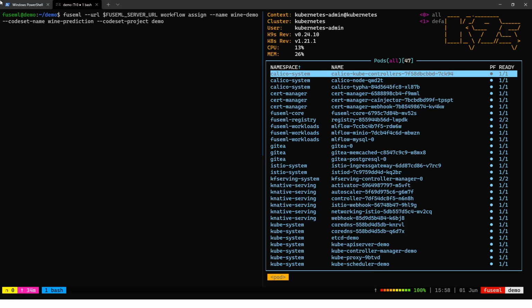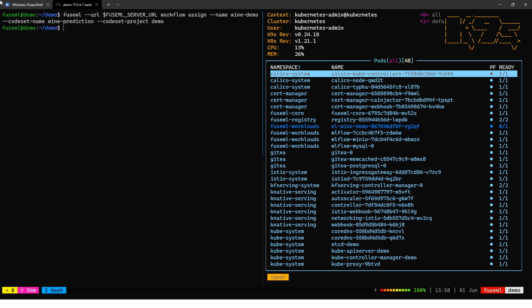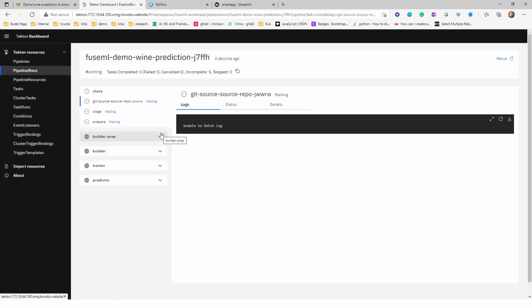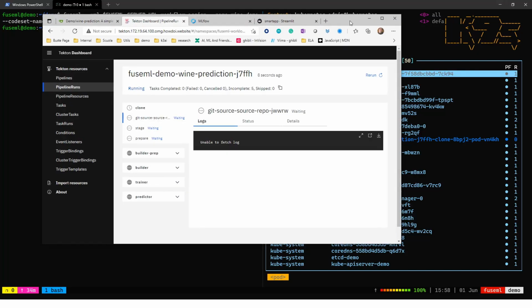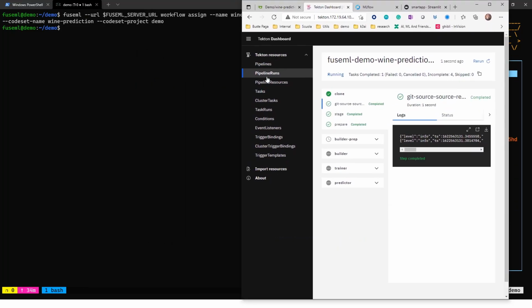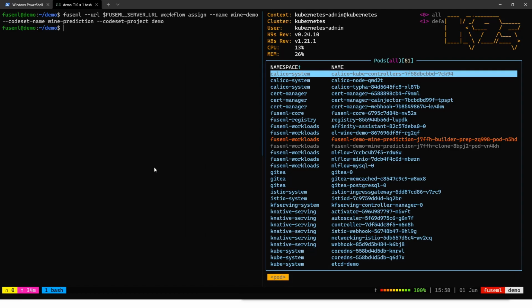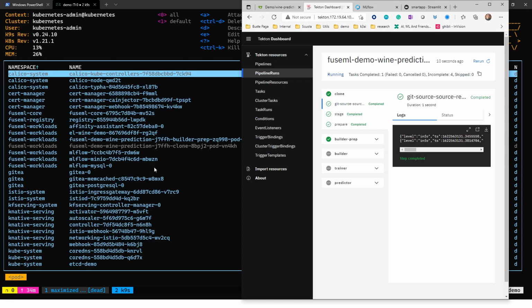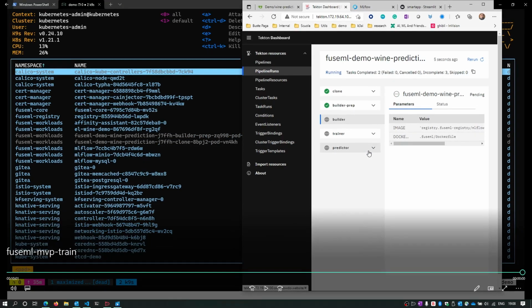That's enough for FuseML to understand what we want to achieve. It will take care of everything that is within that repo, use it to execute it, so do the model training, and once done, push that to the inference. And with that, we're going to close our short demo. Let's see the last pieces of it to see how it's been built. You see, everything's been cloned, the steps are running, and we'll see in the next demo how it ended up. Thank you for watching this demo, and see you in part 2 of